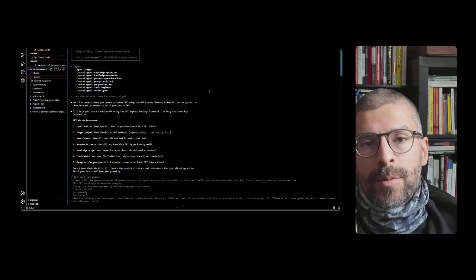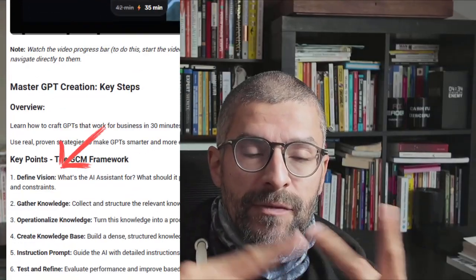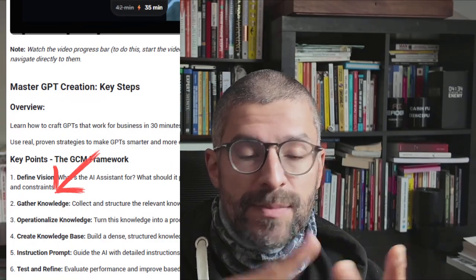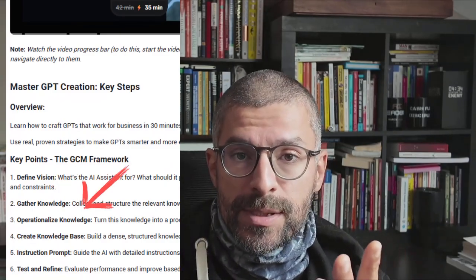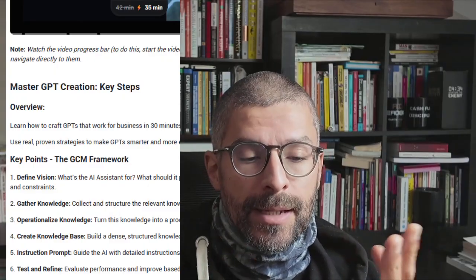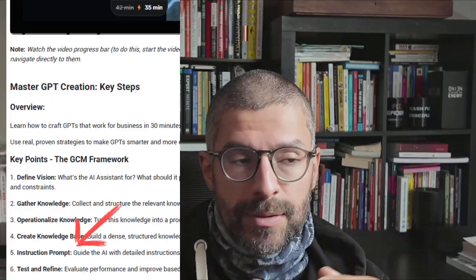Let's see that. First and foremost, I've created hundreds of custom GPTs. And so to help me create good custom GPTs, I turn what I learned creating lots of them into a framework that I can apply and that my people in my community can apply to create good custom GPTs. It's really methodical. It starts with purpose statement definition, then gathering knowledge that the GPT will use to execute its mission, then creating a process that the GPT can follow to ensure the good execution of its mission, and then turn the knowledge report and the process into a knowledge base and a system prompt